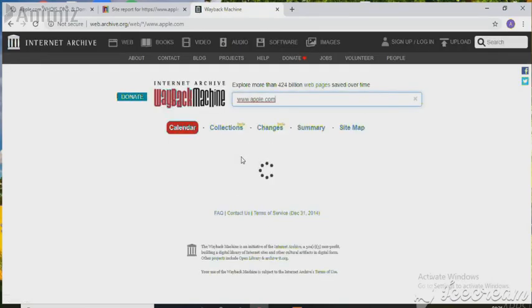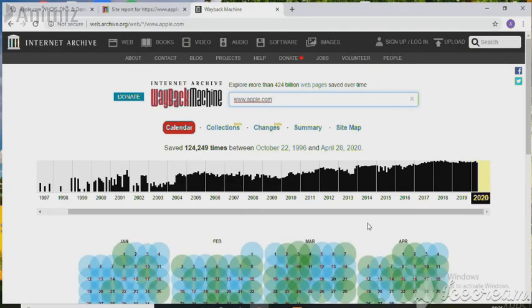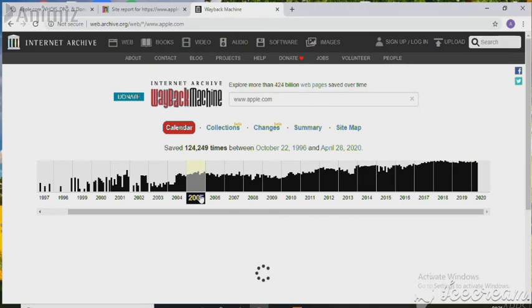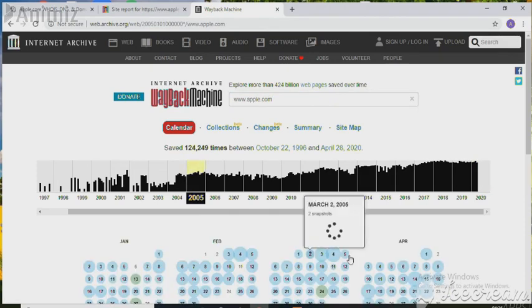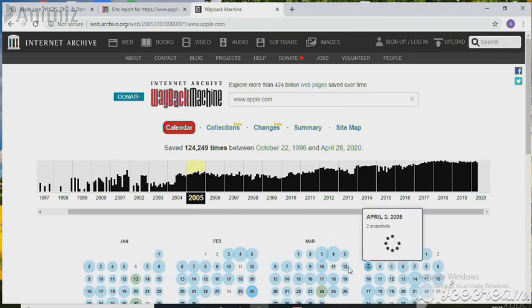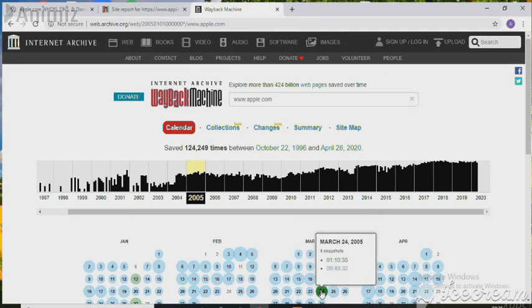In the Wayback Machine you will see a lot of information. Currently it is 2020, and if you want to go way back, then you go for 2005 and check on which date you have a lot of data. So on March 24, 2005 it shows the snapshots. Click it and it will generate the information.